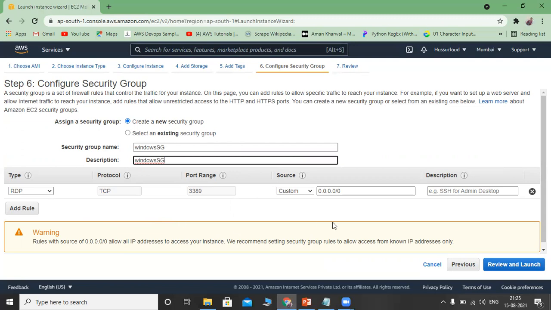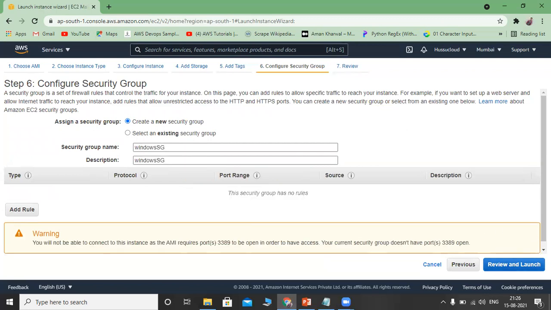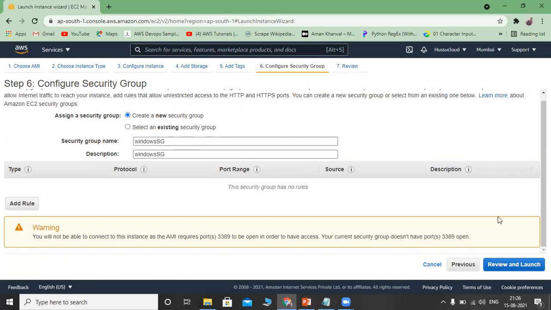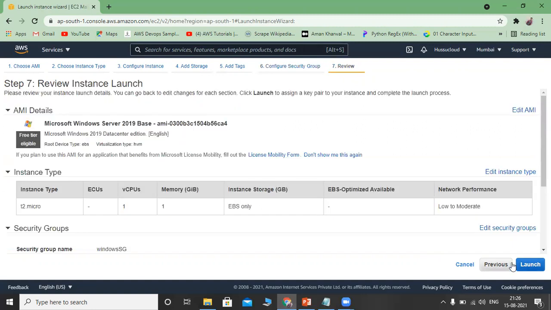As of now, I will delete this. I will show practically what will happen if I don't open this RDP port in the security group. Let's see. Security group is nothing but a firewall. Okay. Next, review and launch.